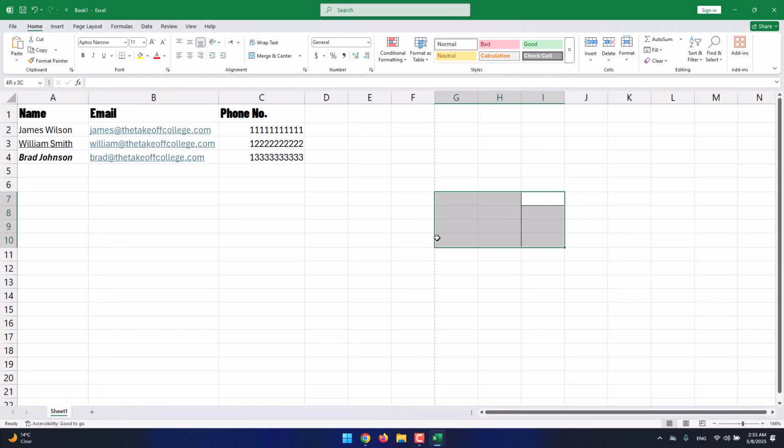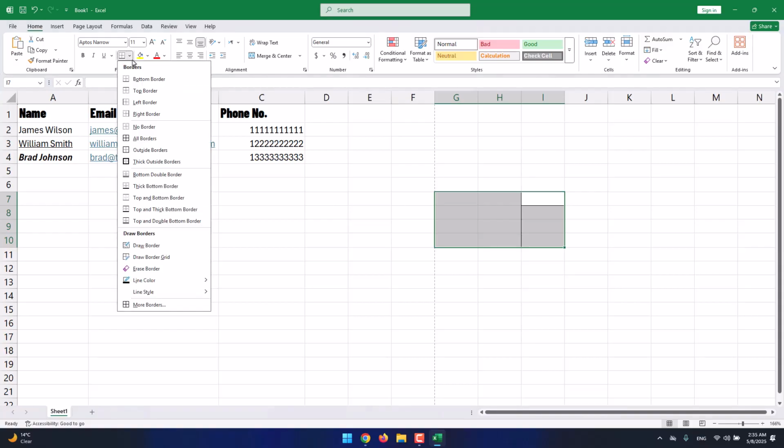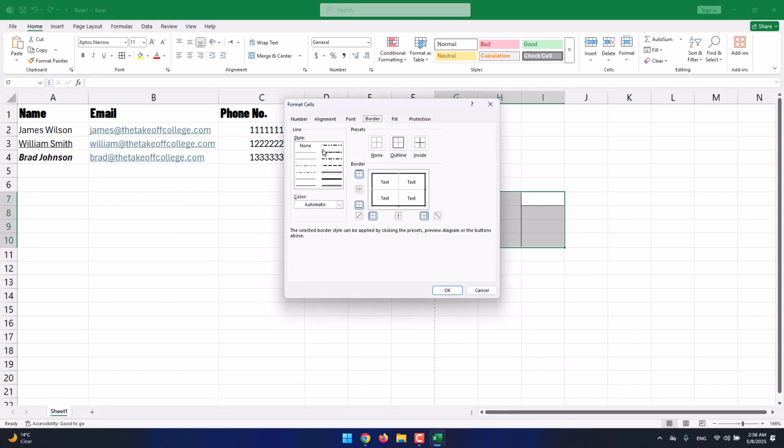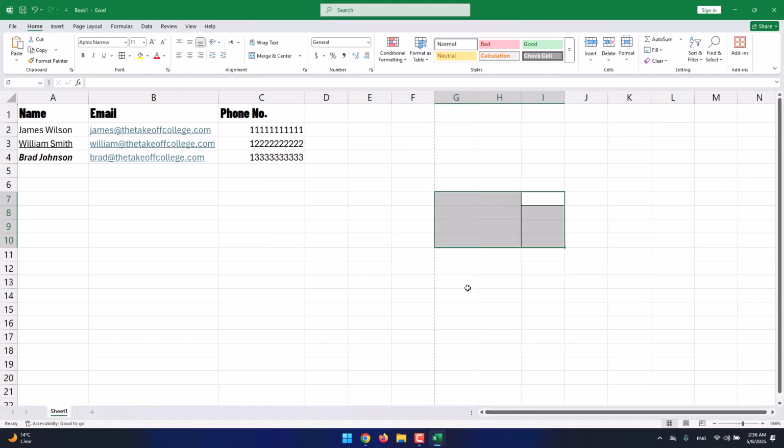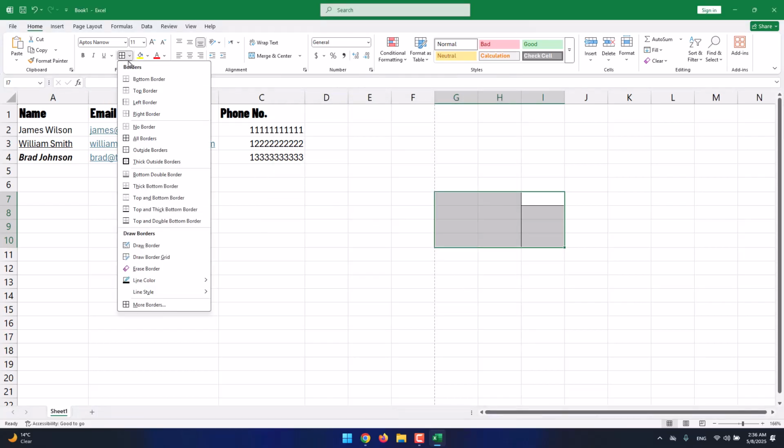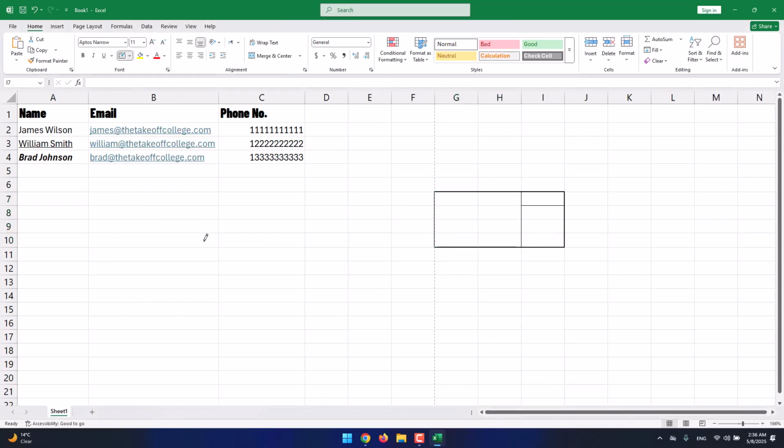And I am able to add borders to my cells and to my cell selections, just like that, and as easy as that. We also have more borders for more settings and options to those borders that we are creating and setting inside our project. Another thing we have over here is draw border. And using draw border, we will be able to use this pen in order to make drawings, and by clicking and dragging, make those kind of borders that we need to have and we want to have inside our project,